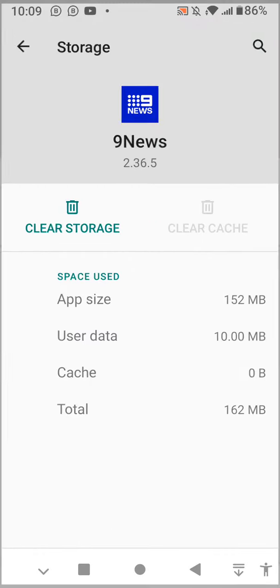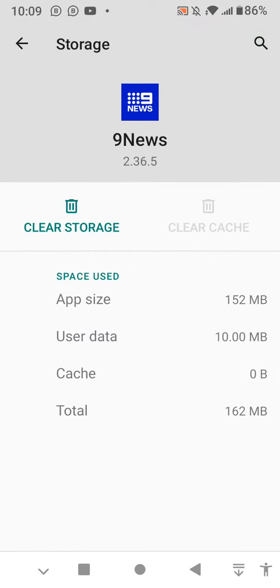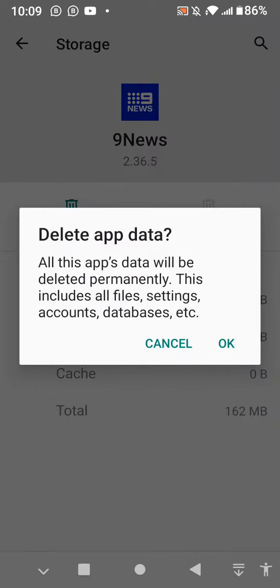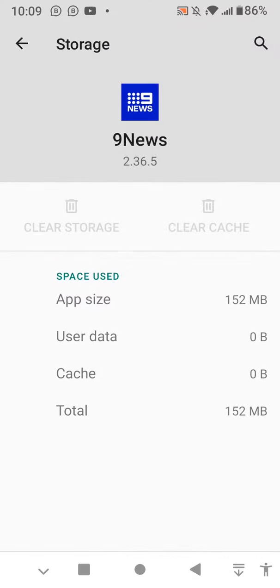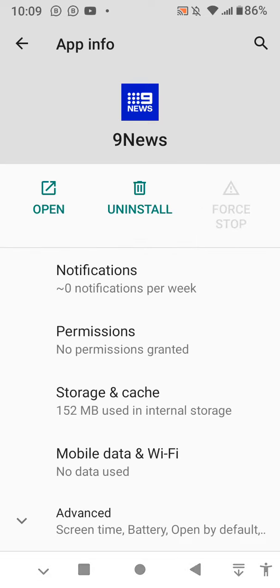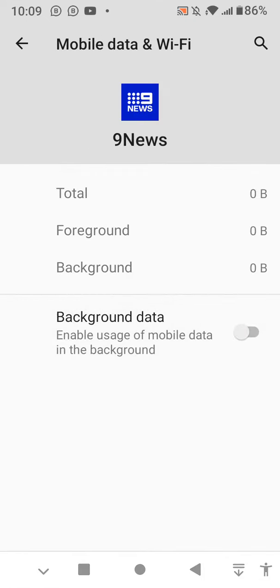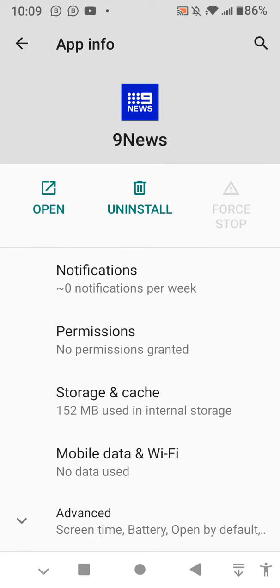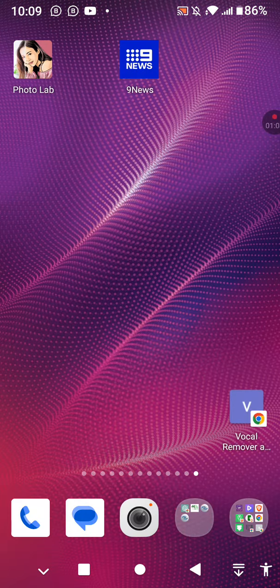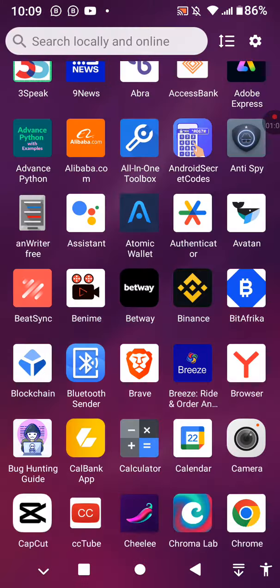After that, make sure you tap on the clear storage to clear it. After that, go back, then you tap on mobile data and Wi-Fi and make sure the mobile data and Wi-Fi is still on. So after doing this, what you have to do is to go to Google Play Store,